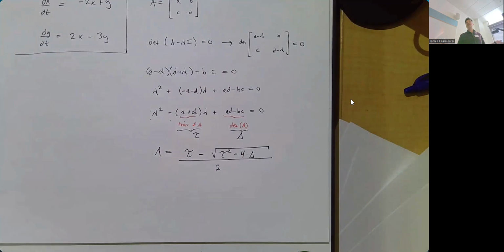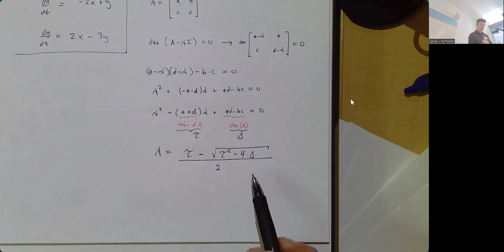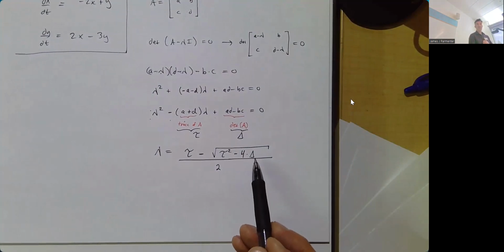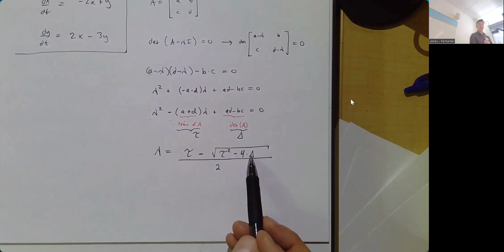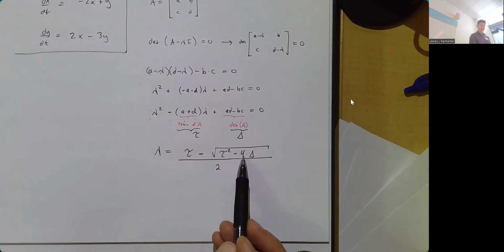That is another way of finding the eigenvalues. It's sometimes nice. It's really nice if you don't really care what the values are, if you're just trying to tell if they're both positive or both negative or one of each. Something I think that is worth observing here: if your determinant's negative, then minus 4 times a negative number is positive, and tau squared plus something, if you take the square root,